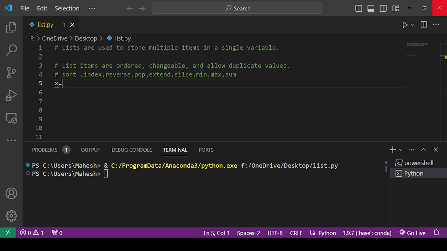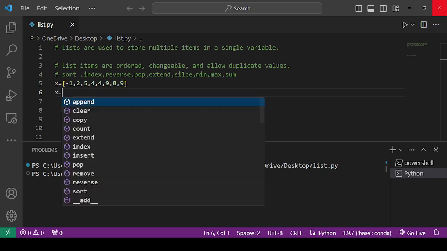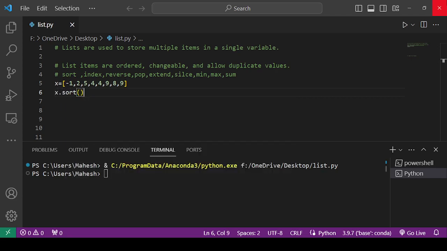Let's say I am going to create one list like this: -1, 2, 5, 4, 4, 6, 9, like this. So this is a list. Now this is not in the proper order, so I want to use the sort command there: x.sort and print of x.